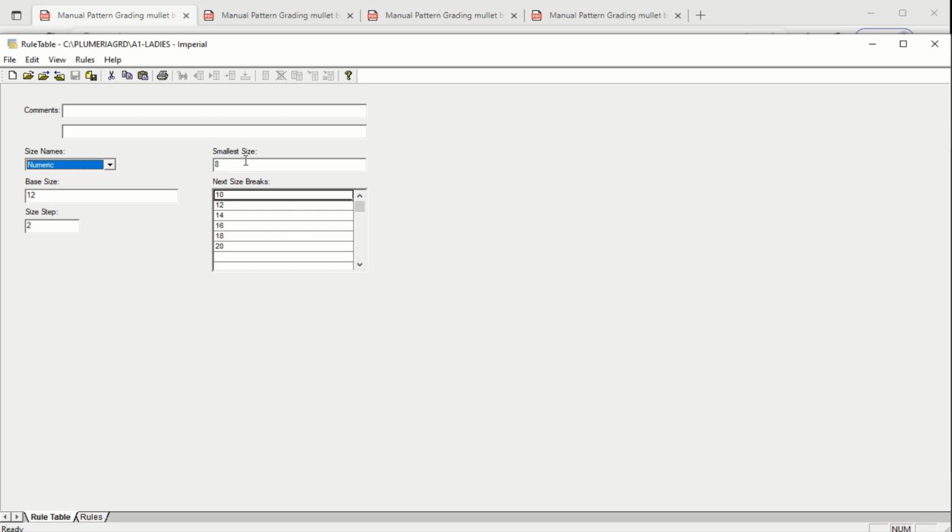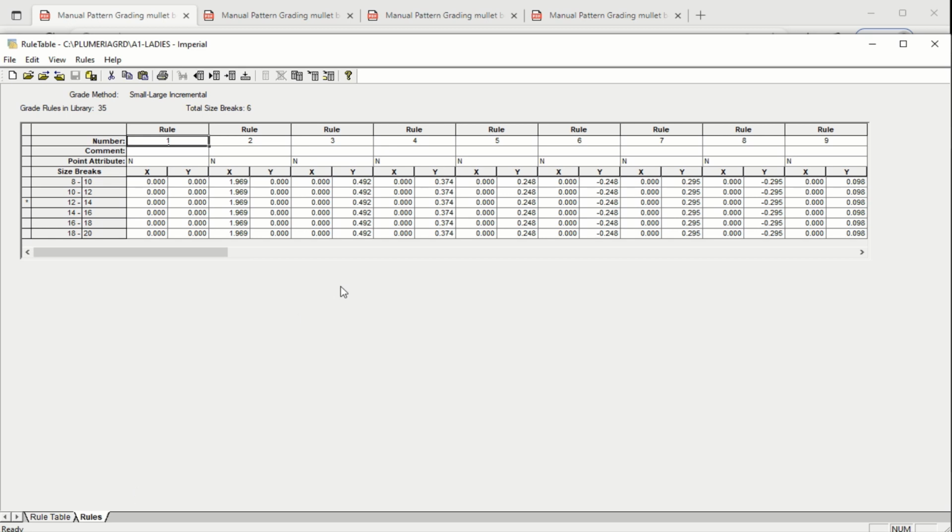My smallest size in this one is 8. And I could make it go down to 4. But this one already has the rules set up. Is this one? Nope, this isn't a good one. This is one that somebody accidentally, probably me, had in